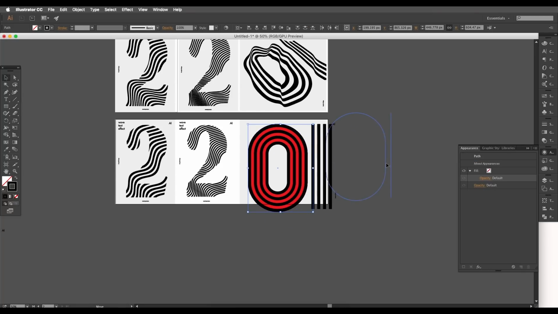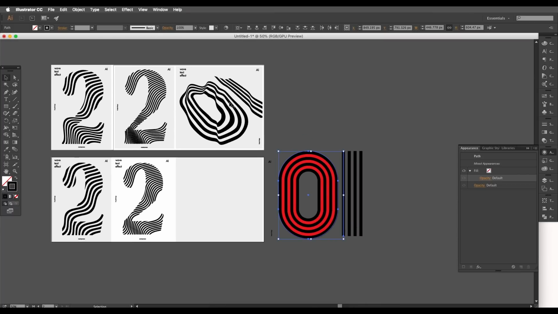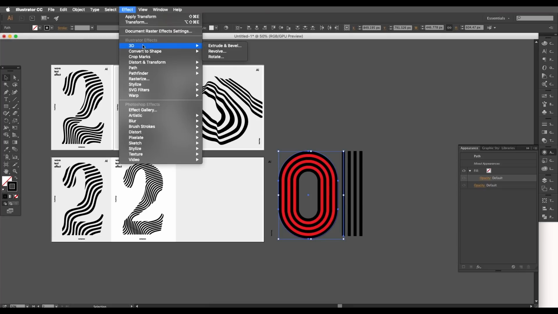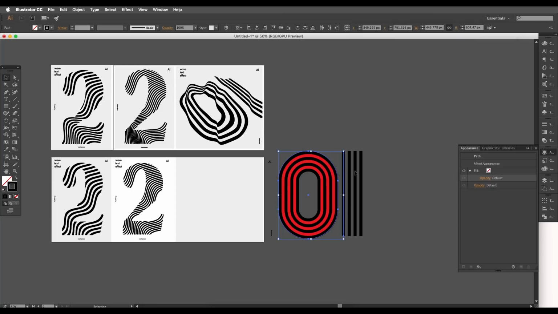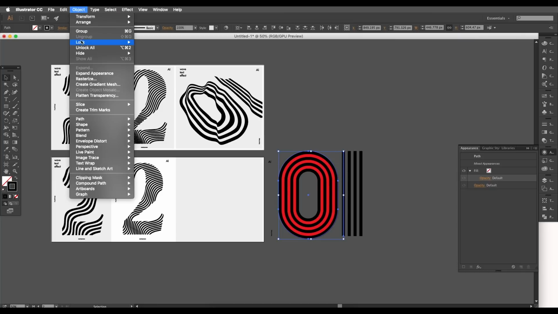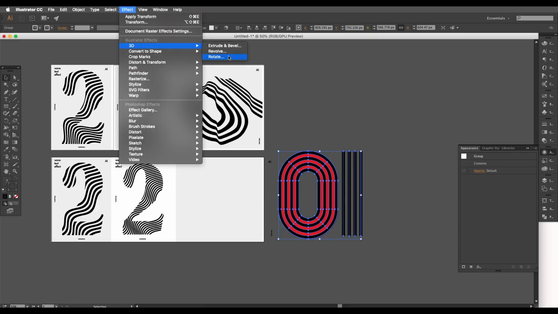Now just place it there for some time, and now let's apply that 3D rotate option. So we'll go to Object, Effect, 3D, and Rotate. And now before applying that, we'll go to Object and expand them, just to make sure that everything is converted into shapes and outlines. And now just group them up, Command or Control G, and selecting them both, go to Effect, 3D, Rotate, and